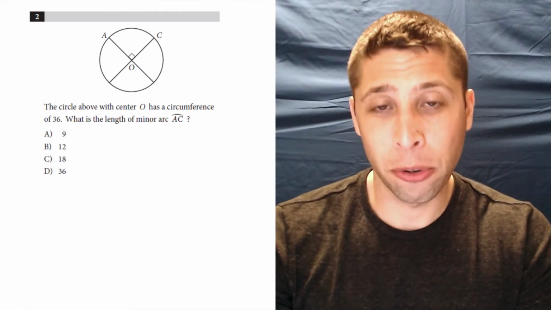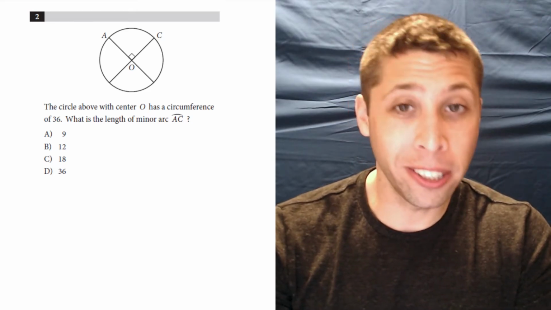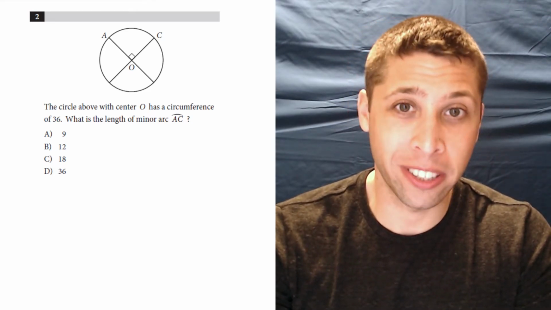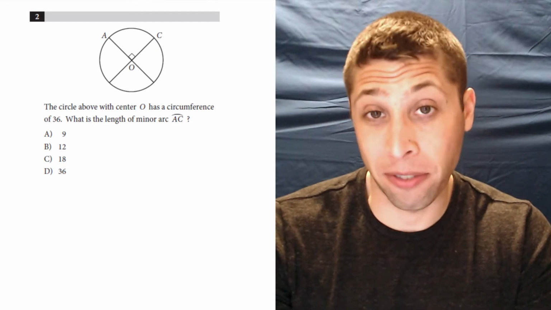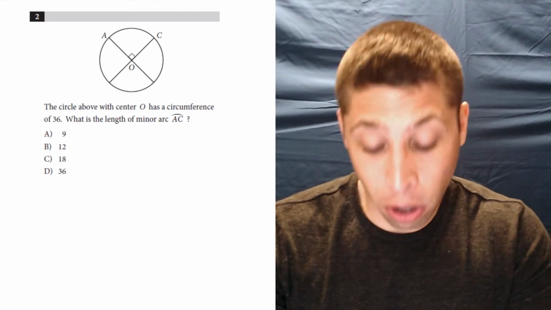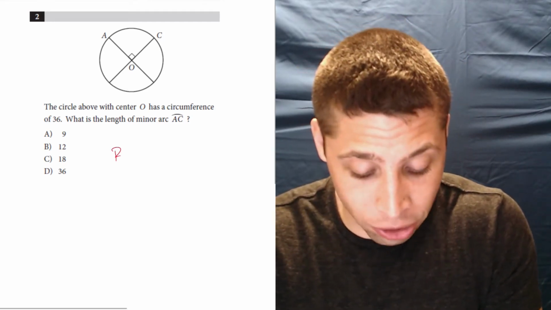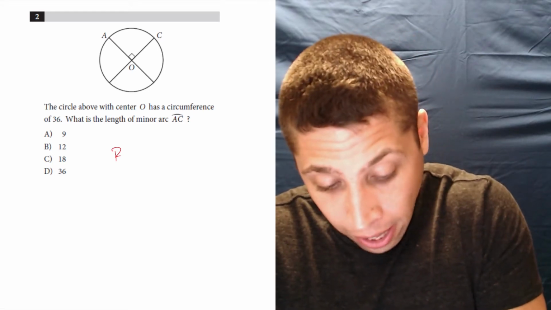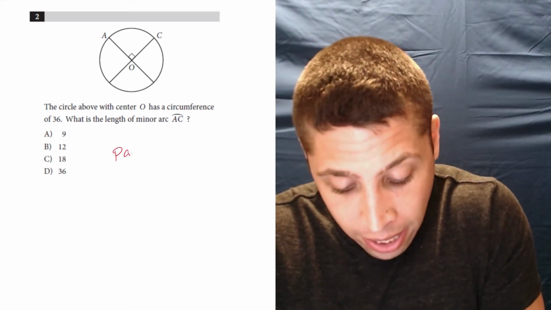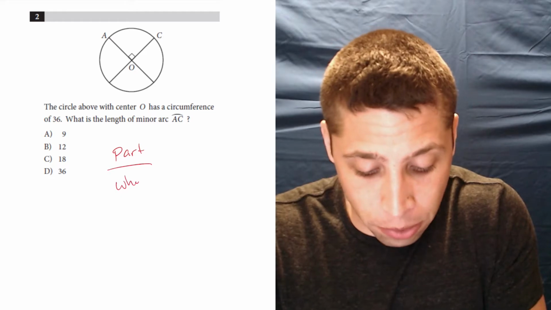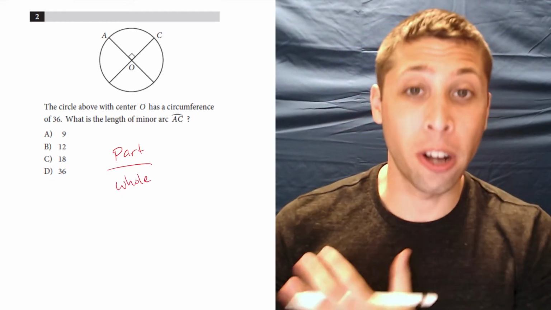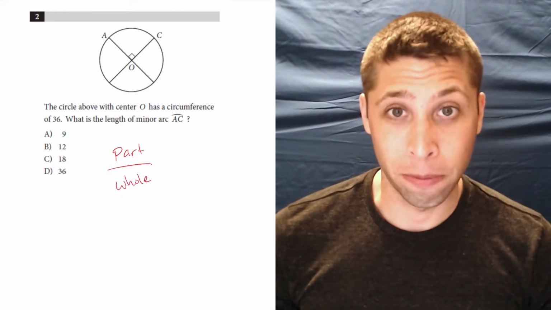When I look at question number 2, I instantly know what I'm dealing with because they have a question almost exactly like this on pretty much every SAT. This is what I would call a part over whole question, and the reason I call it that is I create a fraction to represent the relationship between the part of a circle and the whole circle, okay, part over